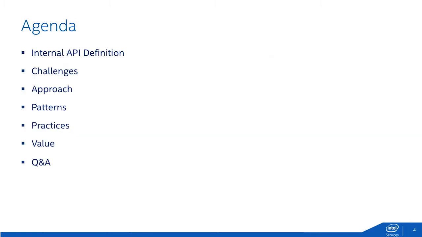Okay, so as on the agenda, what we're trying to do here is define what we mean by an internal API, go through the classics on what types of fears or paranoias we have from an architecture and an engineering perspective, some battle-scarred approaches to patterns and practices, and attempt to wrap that up in what we view as the value of why we should consider and pay attention to internal APIs.